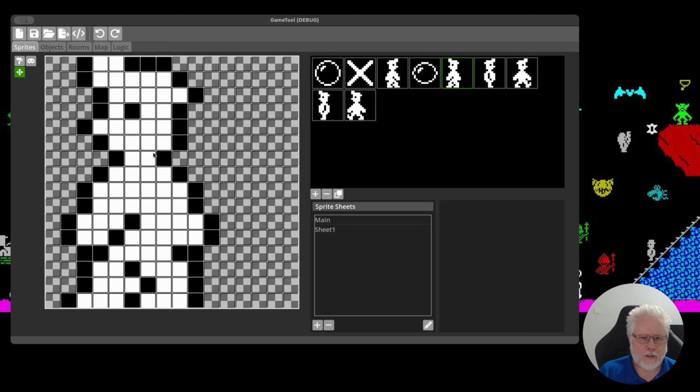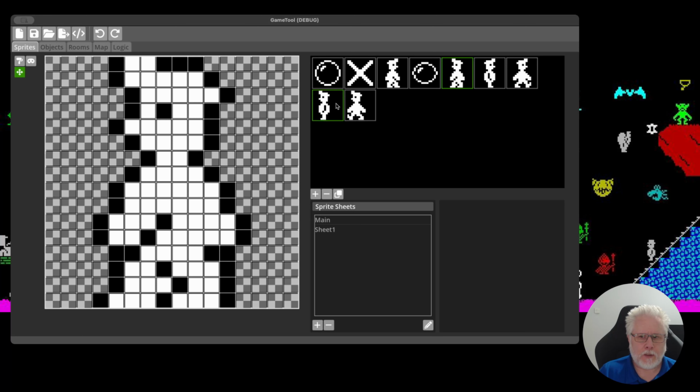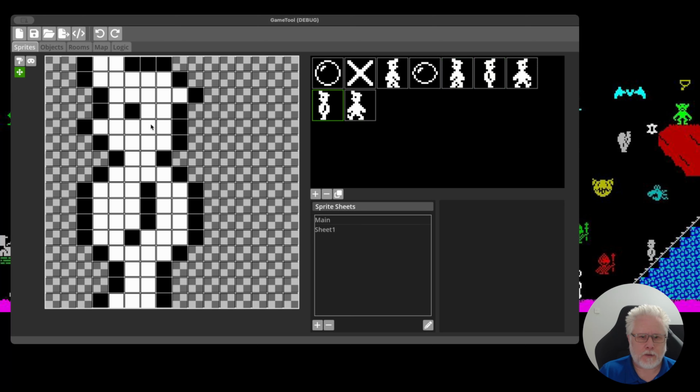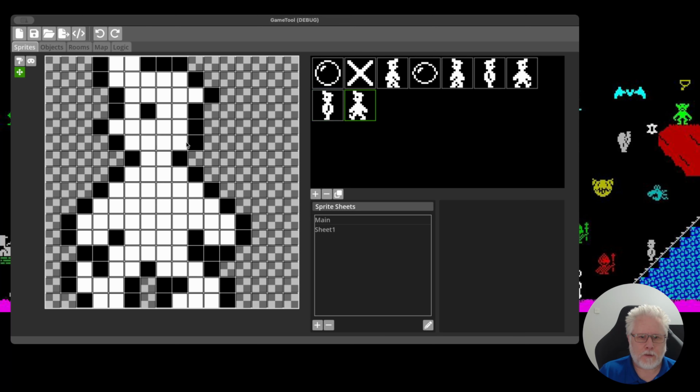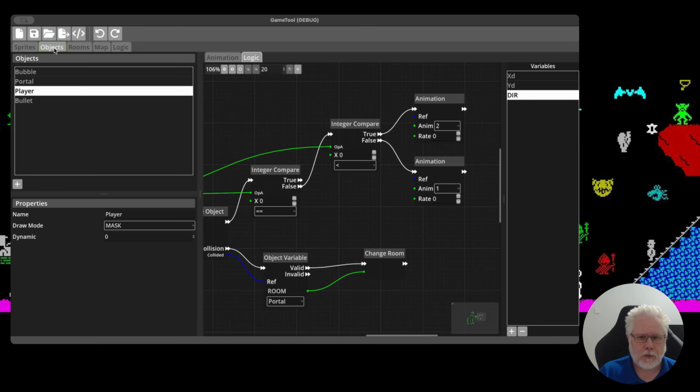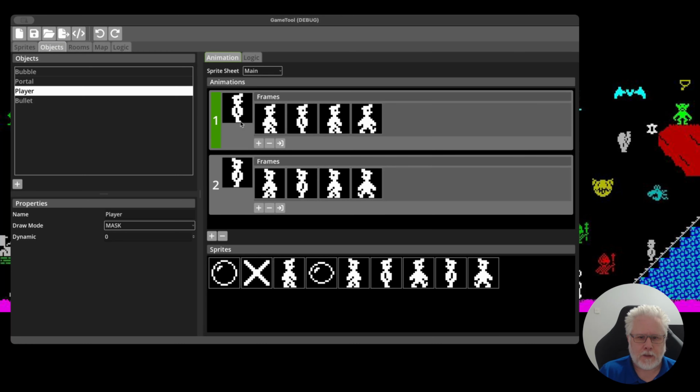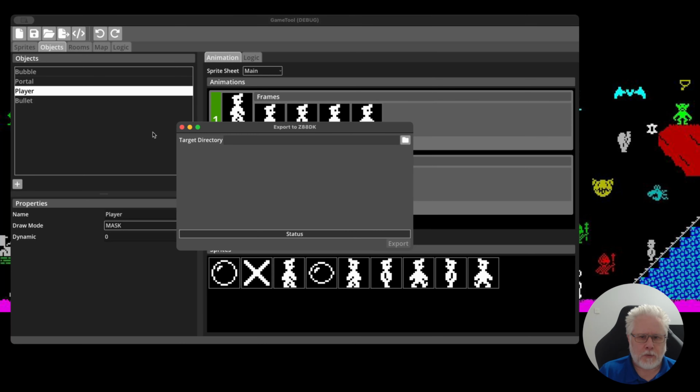The left facing one is more offset, so 1, 2, 3, 4, 5, 6, so we want it over here, which would be on the last one in the first column. So we move that over, and then this one similarly, and that one. So they should all be aligned now, and if we go back to our object, it should all look good, but it's just much more central. And if we re-export quickly,